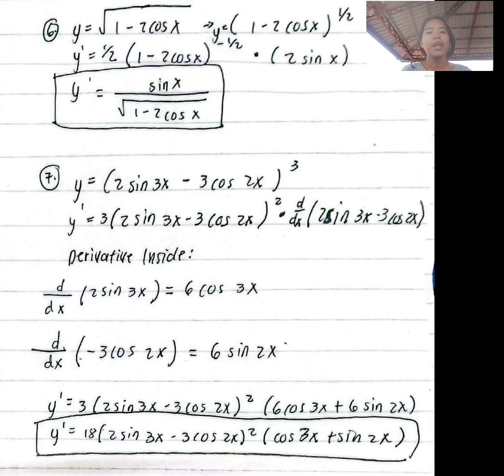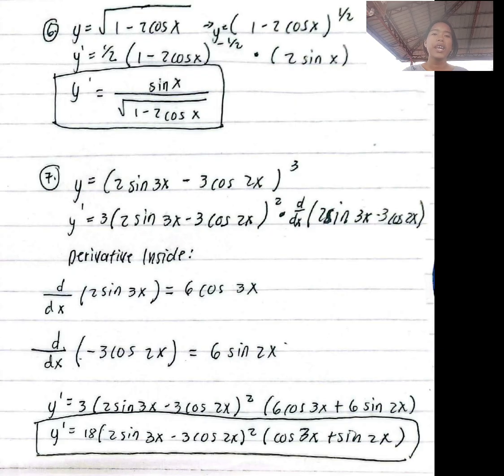Next is to multiply them. So y prime is equal to 1/2 times the quantity of 1 minus 2 cos x raised to the power of negative 1/2 times the quantity of 2 sin x. The 2 cancels with 1/2. So we obtain y prime is equal to sin x over the square root of the quantity 1 minus 2 cos x. So now finally we have y is equal to the quantity of 2 sin 3x minus 3 cos 2x